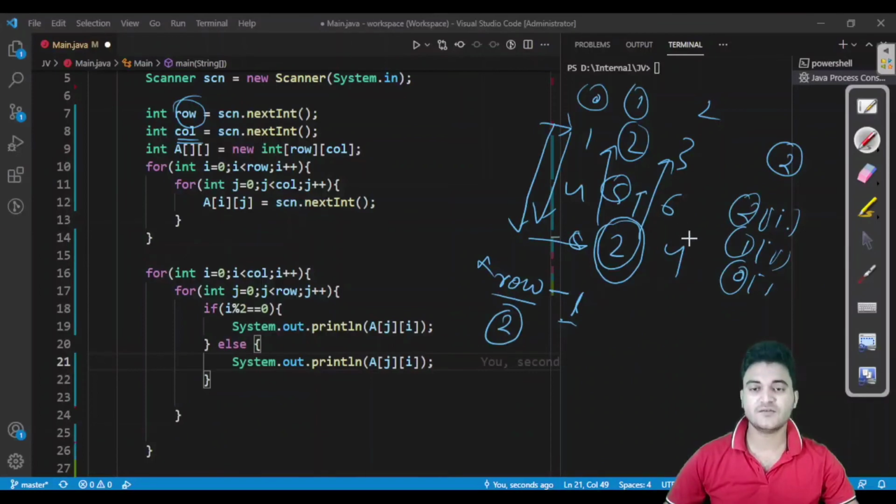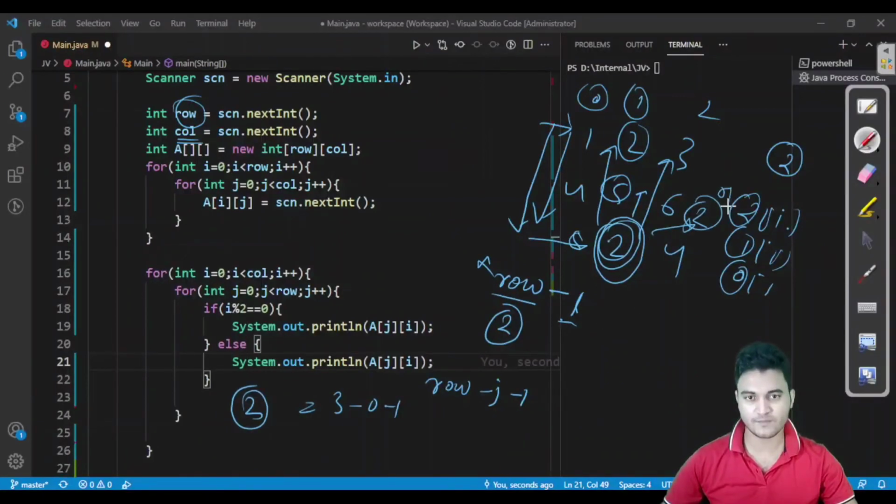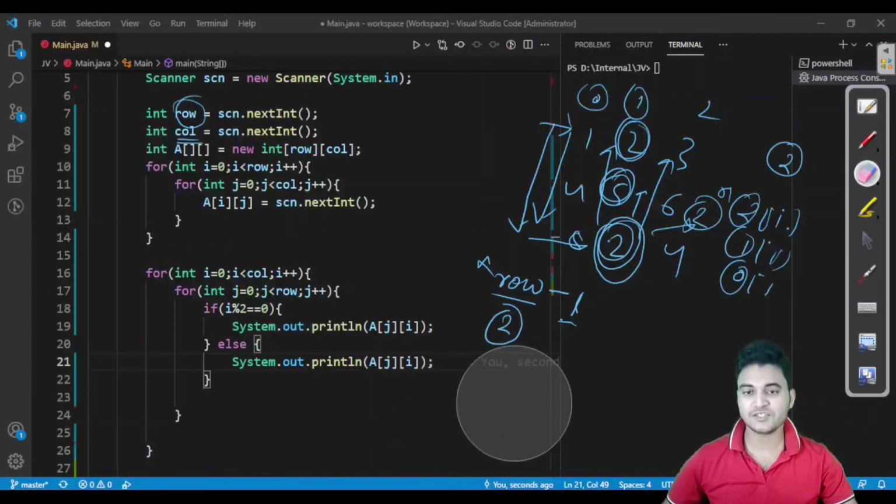So after this, what I have to do is I have to decrease once more. So for that I would be needing one variable, which is, we can take j. Fine. So let us say if I write row minus j minus 1, so initially j is 0, so 3 minus 0 minus 1, it would give us 2. So we have to access the element of this 2nd row. Let us say now j is 1, so 3 minus 1 minus 1, so 1. So we need to access this row. Now j is 2, so 3 minus 2 minus 1, so 0. So we would need to access this element. So this is the only change which we have to do.